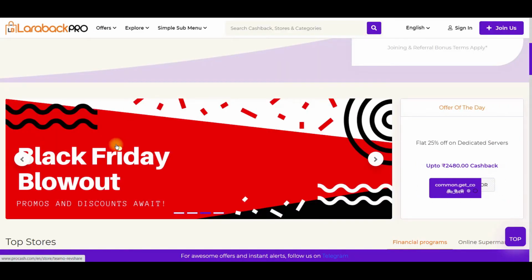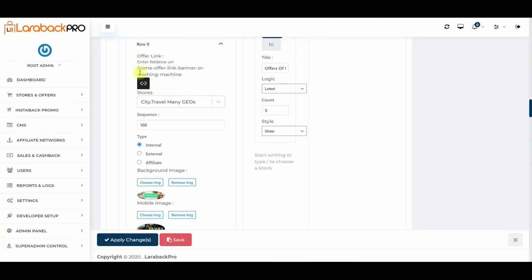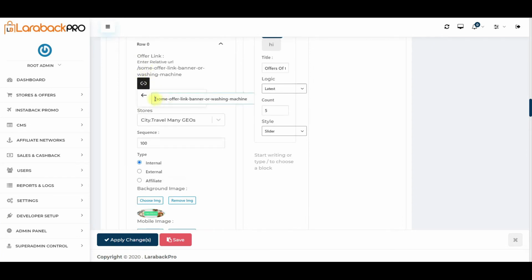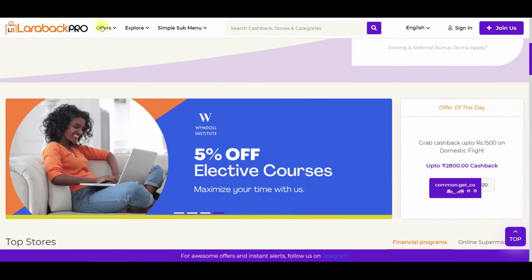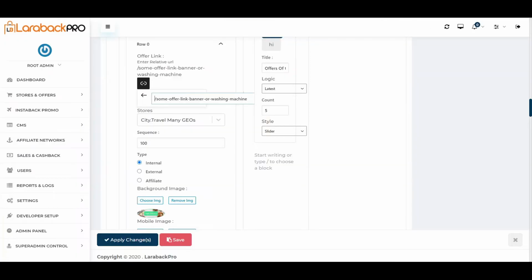So if you are linking this particular banner to a store page, category page, or how-it-works page, you need to enter only the relative URL. A relative URL is nothing but the URL without your domain name and language variable. So if your domain name is cashback.com, the language variable is EN, and the store page name is Amazon, then you will enter /Amazon only, not cashback.com/EN. So this is an example here.